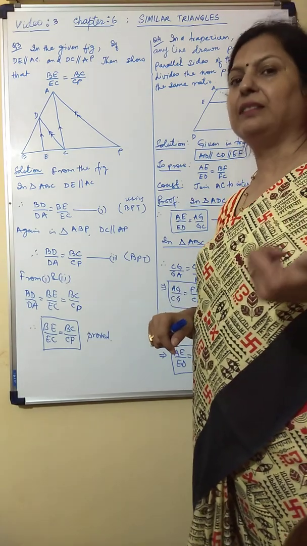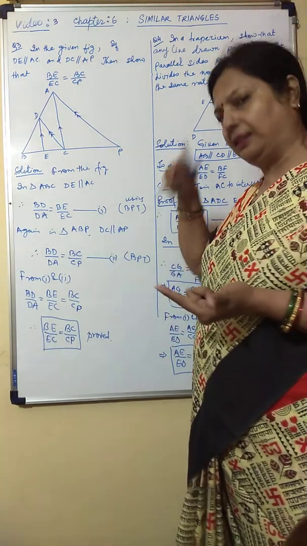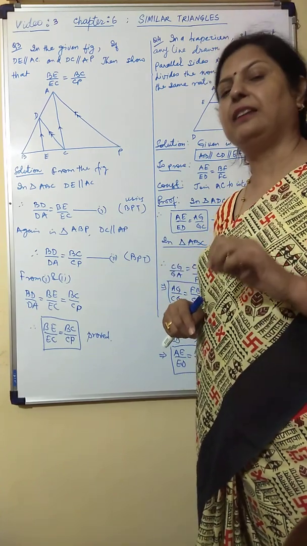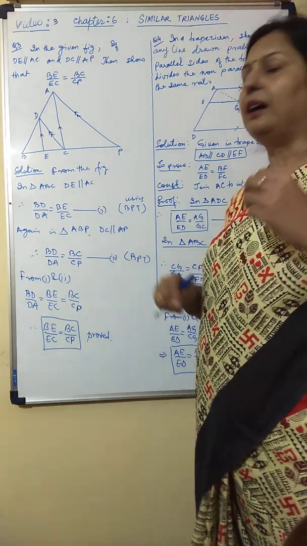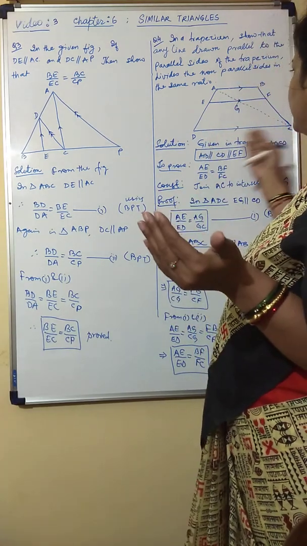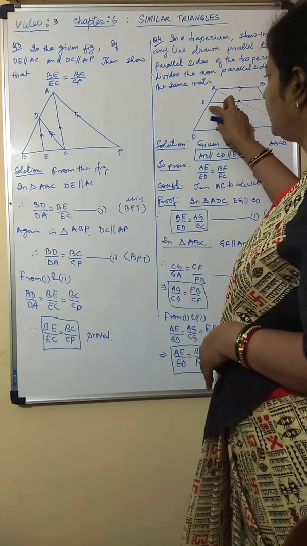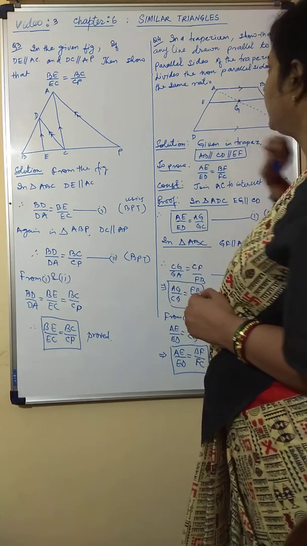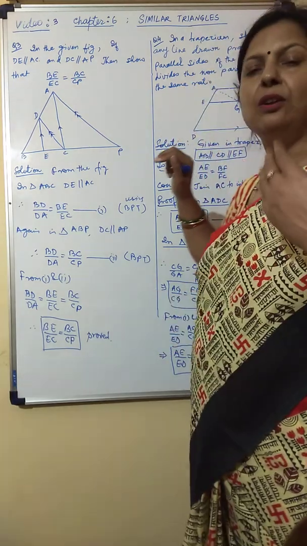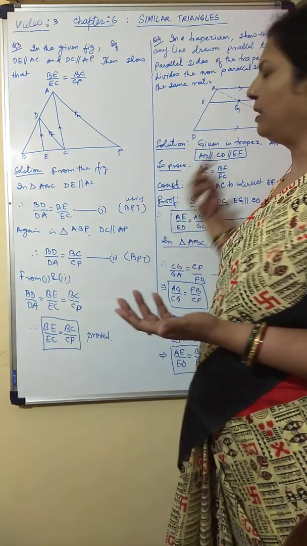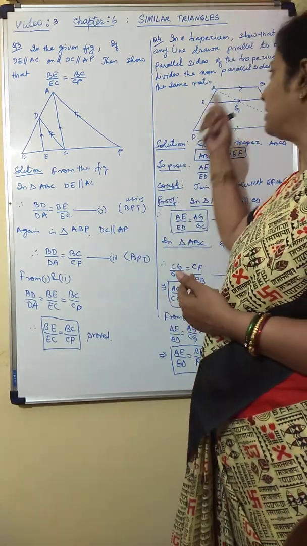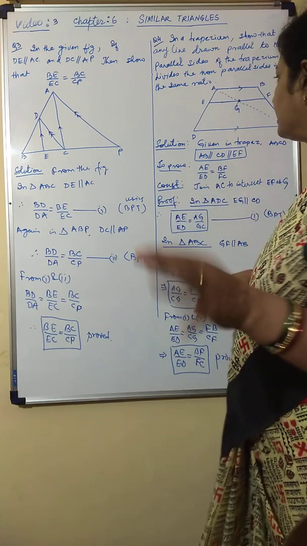So once again I repeat that question. The other form of the question says that in a trapezium ABCD, if a line is drawn parallel to the base or the other side, say parallel to CD, then show that AE by ED is equal to BF by FC. Whatever I have written over here is just the result, which we normally use in other questions. So the question can be put in two different forms. This is one of them, and the other I have already discussed.